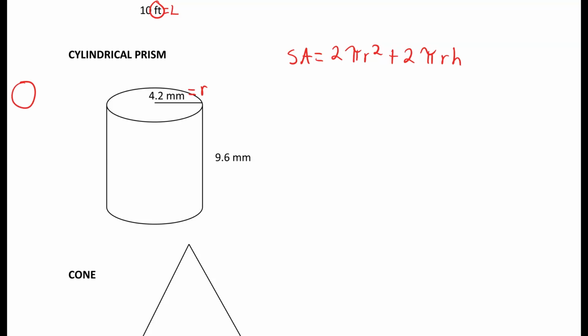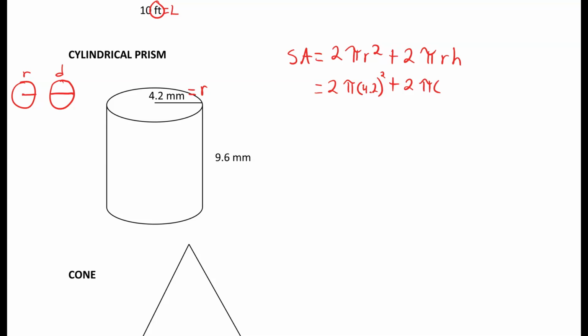Remember, if we have a circle, from the middle outside is our radius, and if we have a circle and it goes all the way across, that's our diameter. If we have our diameter, we just have to divide it by 2 so that we can get our radius. But in this situation here, we've been given the radius, so we can put it into our formula. So we have 2 pi, r is our radius, so 4.2 squared, plus 2